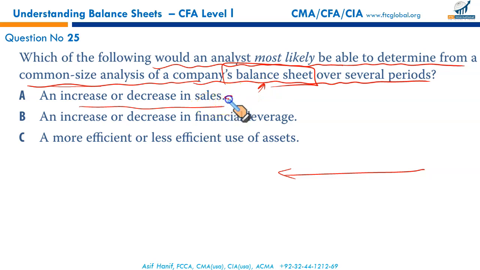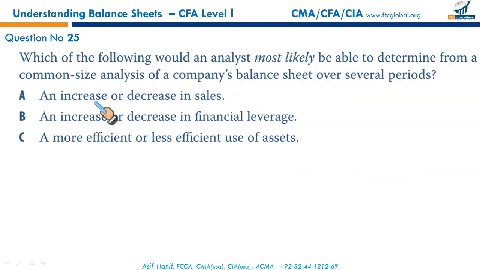So we cannot go for dollar amounts. And he's asking for sales. Sales is a part of your income statement. So you would need to look at the common size income statement, not balance sheet. Wrong. And moreover, common size financial statements give you a comparative measure, either the percentage of sales or the percentage of balance sheet totals, right? So they are not in dollar terms. That totally rejects option A.